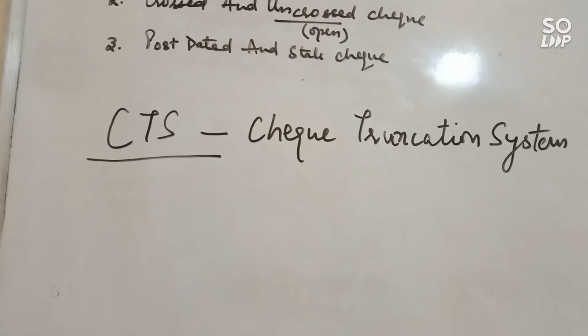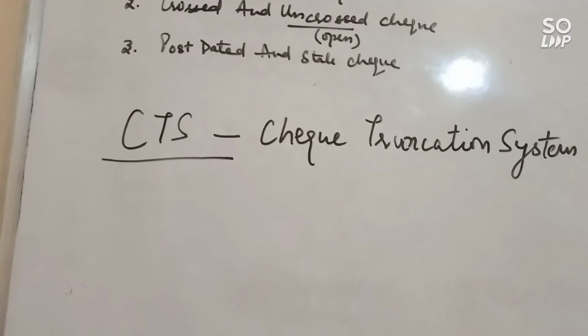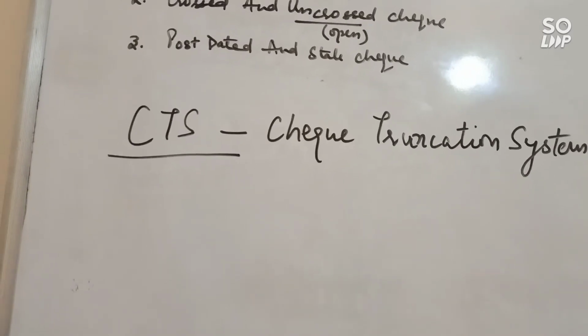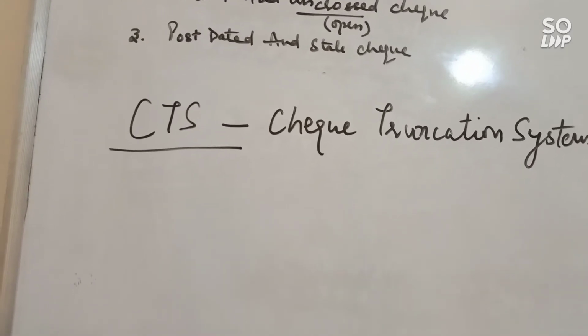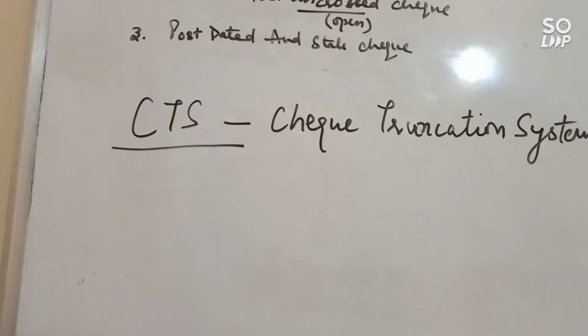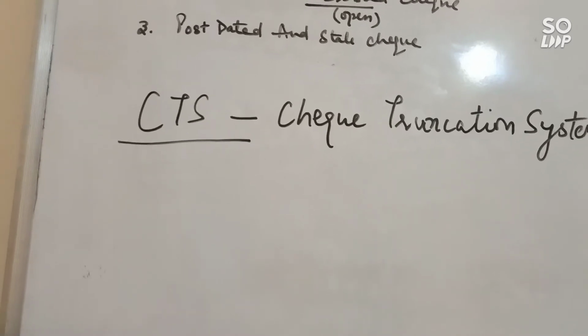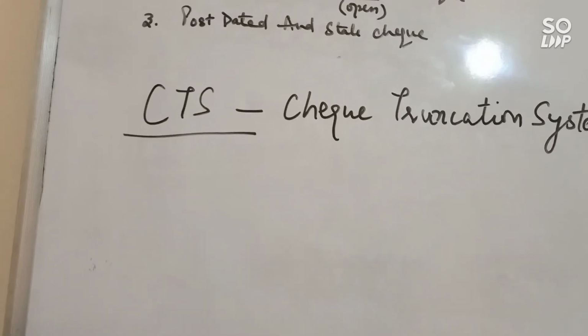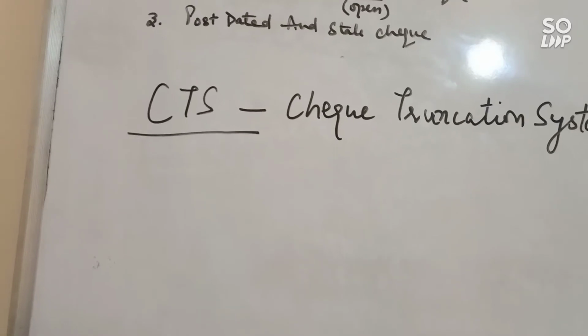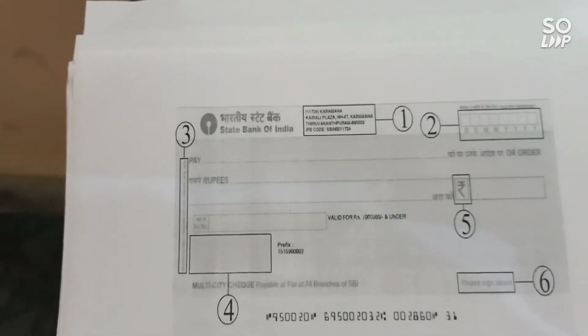CTS is an online image based check clearing system where images and MICR data are captured and transmitted electronically. This system is very safe and it is a mirror image of the paper check, exactly like the paper check we have, and it is signed in a secure system which maximizes the security with the use of digital signature. Clear? So here we have a format of a CTS check.